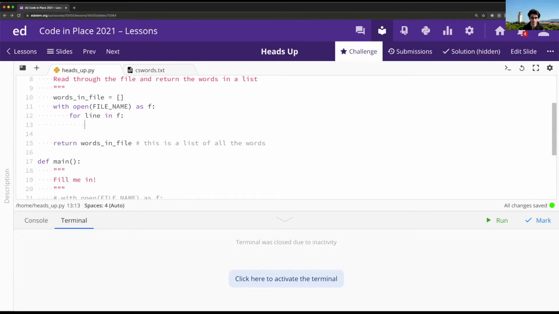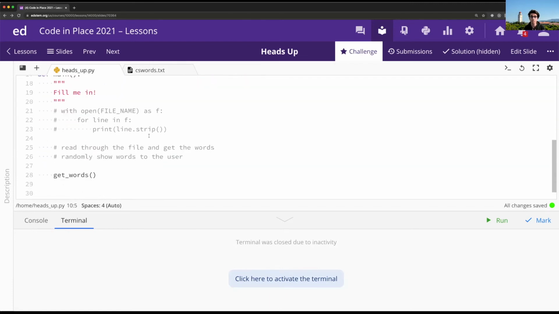We could say something like words in file dot append. And what that's going to do is take whatever we place in the parentheses over here, and actually put it at the very end of the list. Because we're declaring the list outside of the for loop, it's going to persist throughout the for loop, and we're not going to wipe it out every time the for loop begins. So rather than printing each line, we probably want to store it in the list, right?